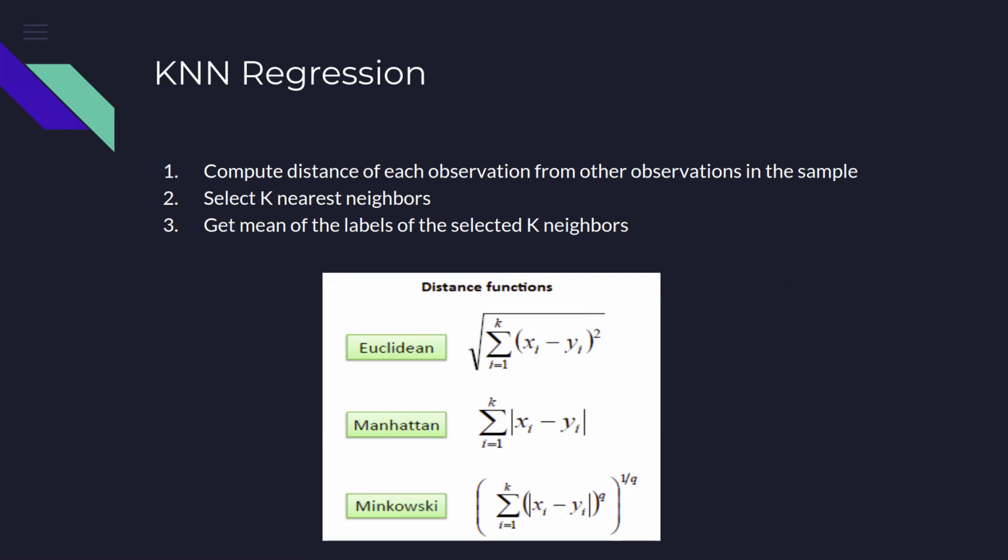Let's find out the difference between the attribute 1 and attribute 2 of house 1 and house 2. Find out the difference, take the square, take the sum, take the square root, and I'll get different values for all the 20,640 houses compared to house A. And then I see which ones have the lowest value. I pick say 5 of them or 10 of them, take the average prices of those, and then I am able to make a prediction of what the price of the new house should be.